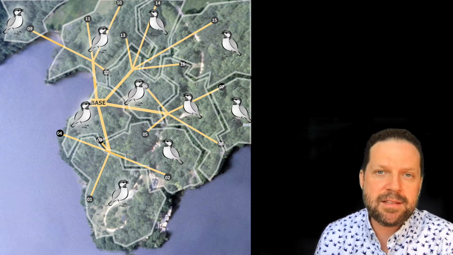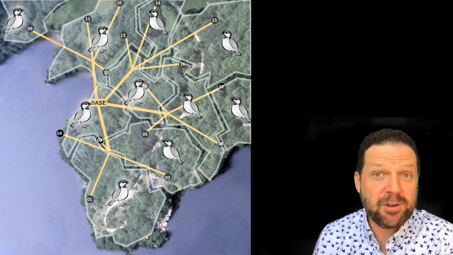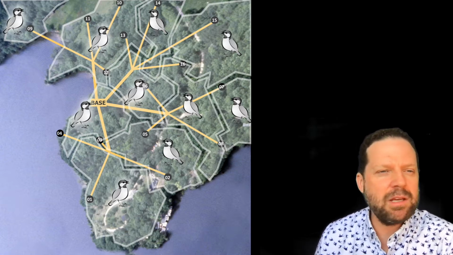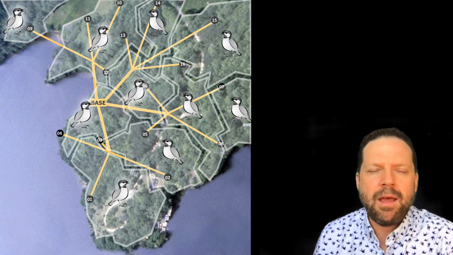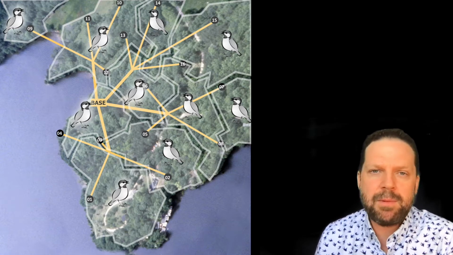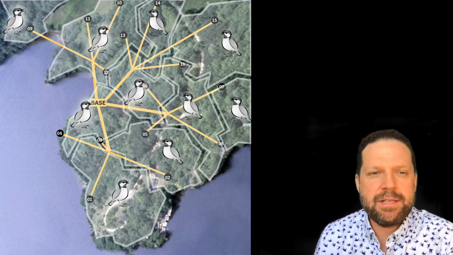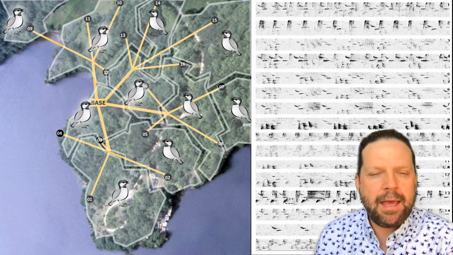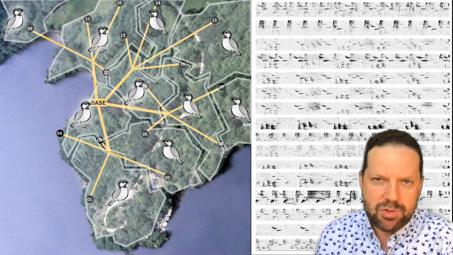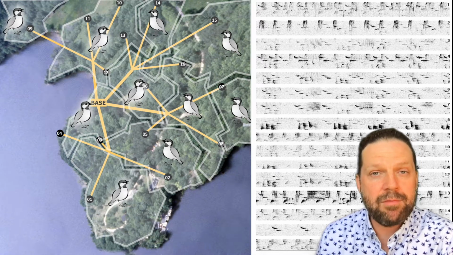And you can see that this 16-element array allows us to sample the entire neighborhood of black-capped chickadees. And we can triangulate the position of each one of those animals and find out what they're doing and whether their behavior influences the behavior of animals around them. This system generates a 16-channel recording, like the one pictured here, and we can isolate individuals within that and use delays in sound arrival time to figure out where every animal in that neighborhood was every time they produced a